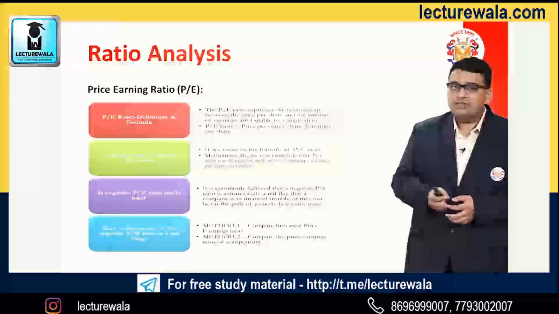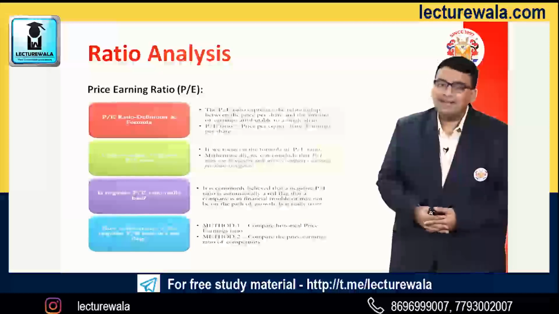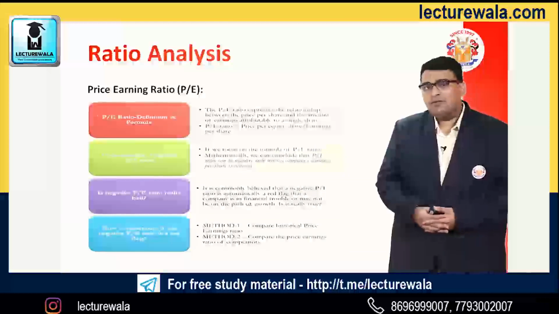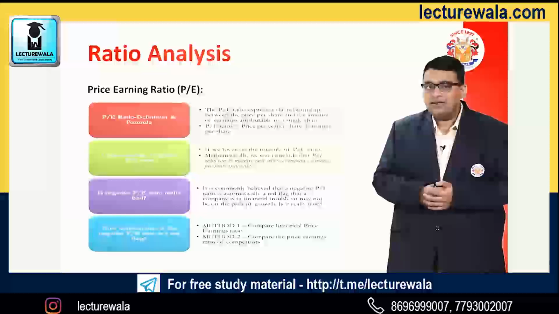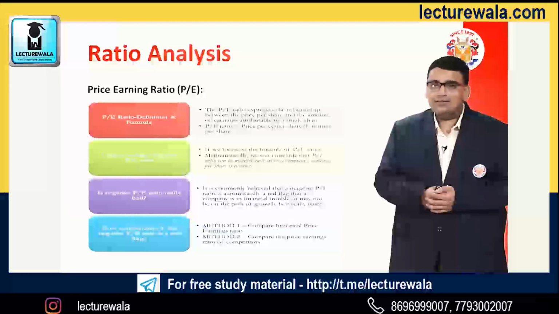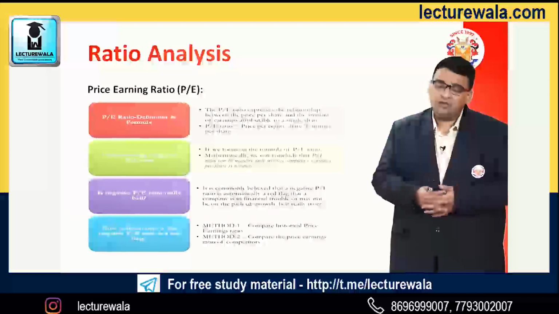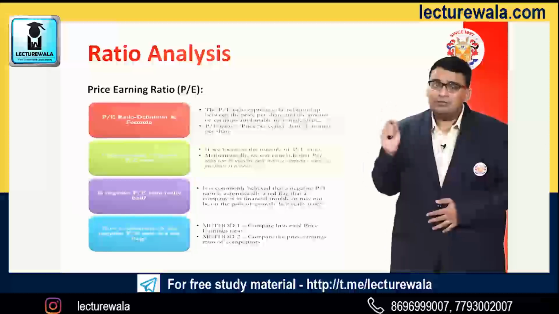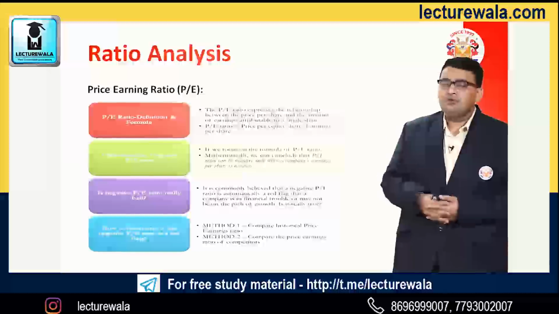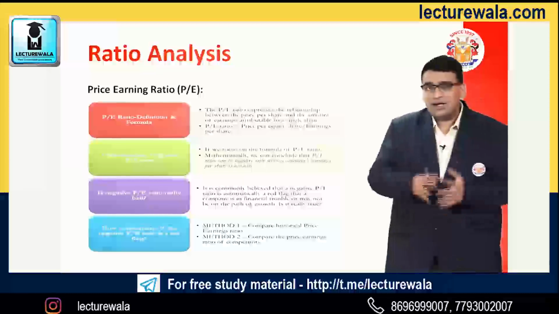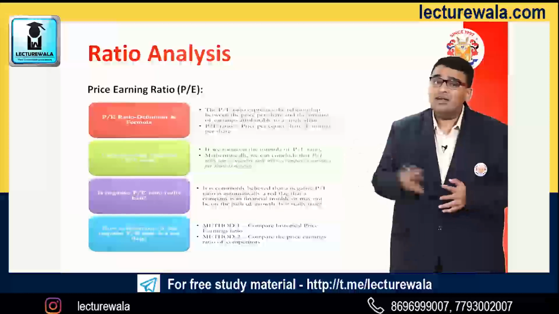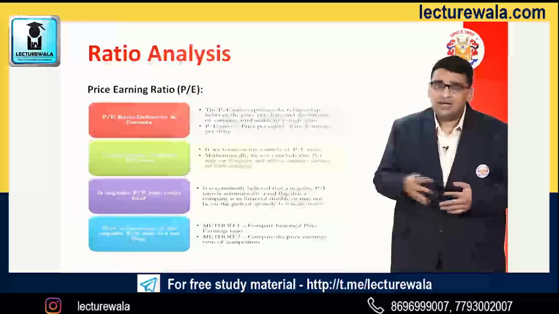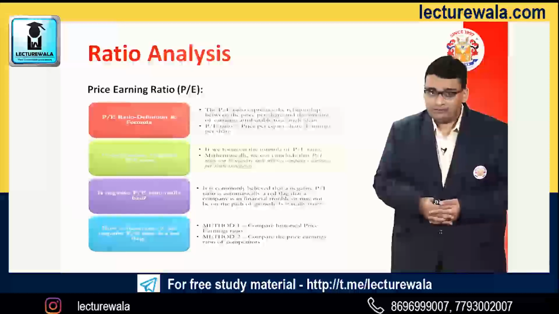Moving forward in the same direction, there is a concern for the company regarding a negative PE ratio. How can a negative PE ratio come? The negative PE ratio comes if the EPS is negative. If the EPS is negative, the PE ratio will also be negative, and as a result it will have a disastrous effect on the company. The existing investors will start withdrawing their investments, the company may start declining in growth, and in a given time period there may arise a condition that the company may be required to be liquidated.